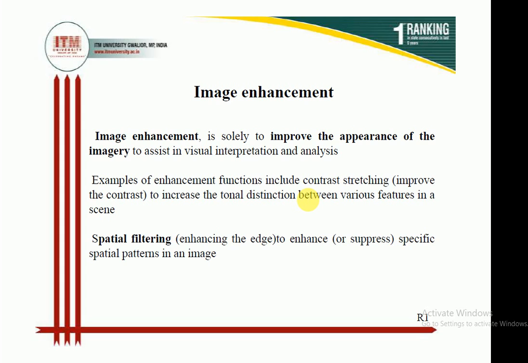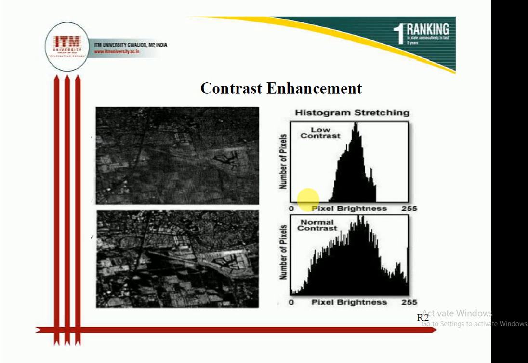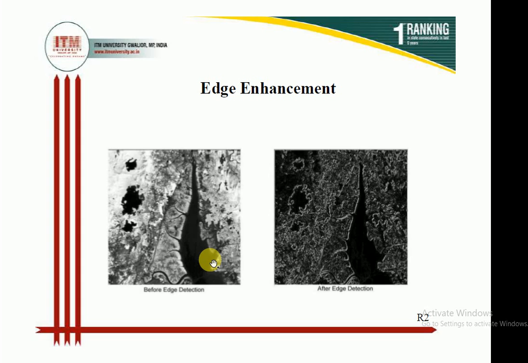So what happens in the contrast, and what is contrast? Contrast is nothing but the difference in the illuminance or gray level value of a certain image. It can be defined as the ratio of maximum intensity and the minimum intensity which falls on a particular area. So by varying the contrast level, the quality of image can be improved. Whatever images are taken by the satellite have a contrast problem, meaning they do not have the exact or sufficient contrast value, so they need to be enhanced with the help of contrast enhancement technique.